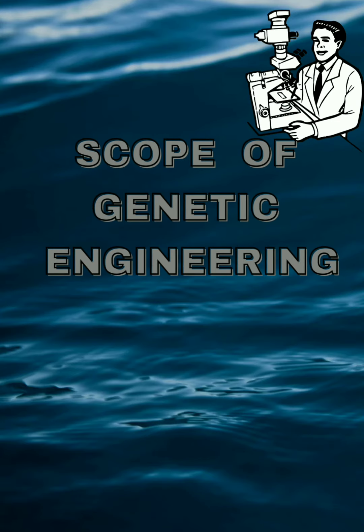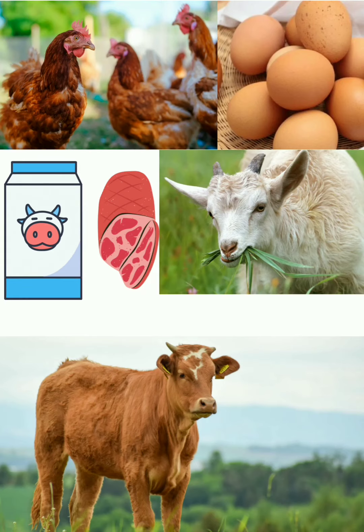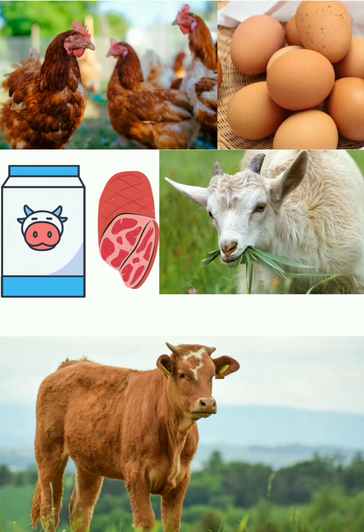Genetic engineering has a wide variety of scopes in medicine, agriculture, research, etc. Genetic engineering is used in the field of medicine to produce different types of drugs, growth hormones, vaccines, monoclonal antibodies, etc. Genetically engineered insulin is the first application of recombinant DNA technology. In agriculture, genetic engineering can be used to produce high-yielding varieties of crops, disease-resistant varieties, and increase the production of milk and meat through genetically modified